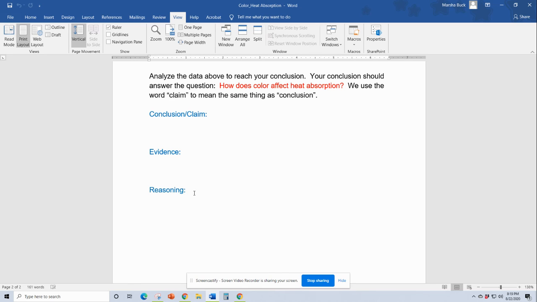Obviously, that's heat, and the heat is being absorbed. Where's that heat coming from? Well, it's coming from the light bulb in the particular case of the experiment. If you are outside on a sunny day, your heat is coming from sunlight. But your reasoning, try to put down why you think